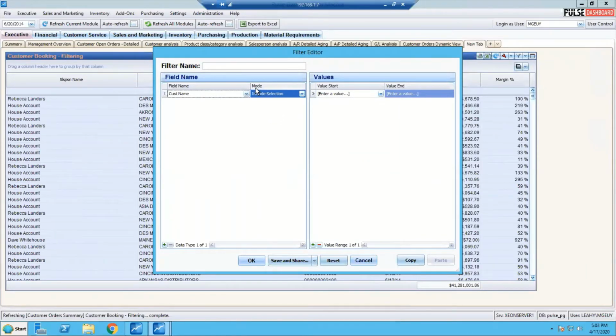The mode that we select may be all customers, may include a selection, or exclude a selection of values from the filtering column that was selected. We will use include a selection